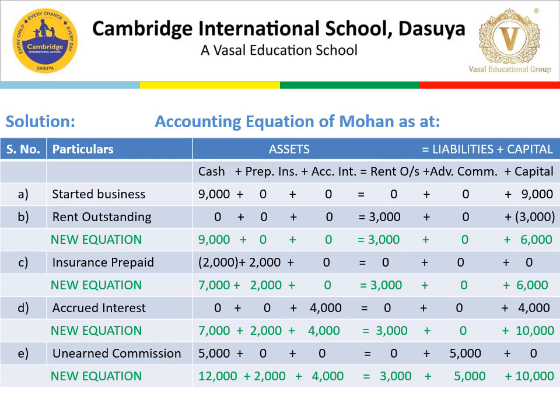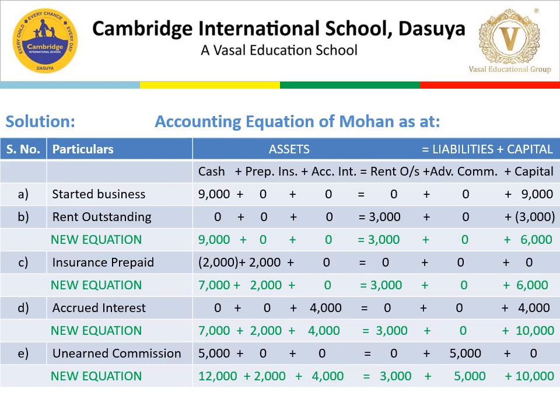The new equation would be cash 9,000 equals rent outstanding 3,000 and capital 6,000. Both sides equal rupees 9,000. Then insurance prepaid. I told you that whether the expenses are paid or prepaid, both should be deducted from cash. So here insurance prepaid, that is paid in advance, must be deducted from cash. But since the benefit will flow in the near future, it is considered an asset.